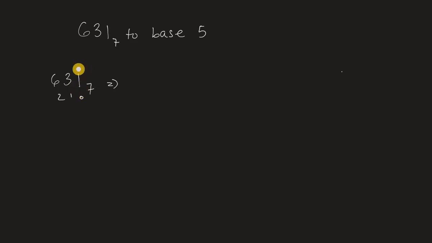Then we take the last digit that we see, 1, multiply by the base number, which is 7, and then by the exponent it corresponds to, which is 0. Plus 3 times the base number and the exponent, plus the next digit times the base number and its exponent. So if you sum this up, you should get